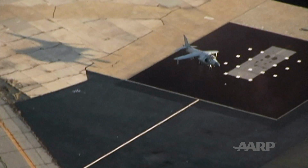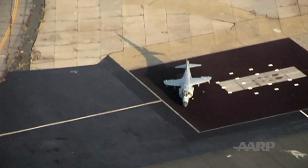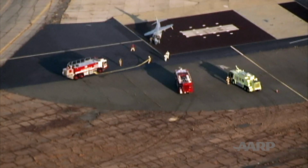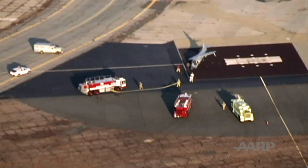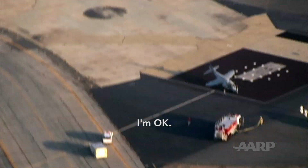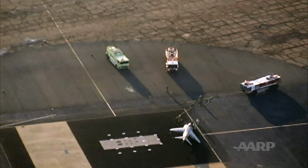I brought the airplane into a hover, and the nose landing gear collapsed. I was concerned initially that I might have broken my back. It was such a violent fall. I wiggled my toes. So I said, okay, I'm okay. I'm not on fire. I'm okay. The low point was looking at the airplane laying over on one side, the nose a bit crumpled,